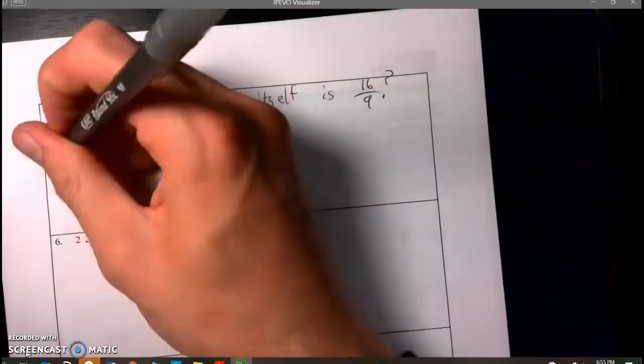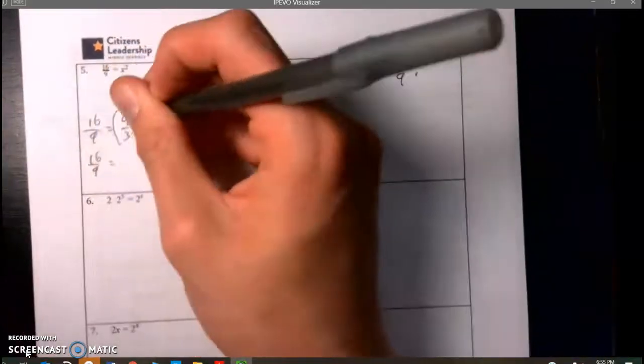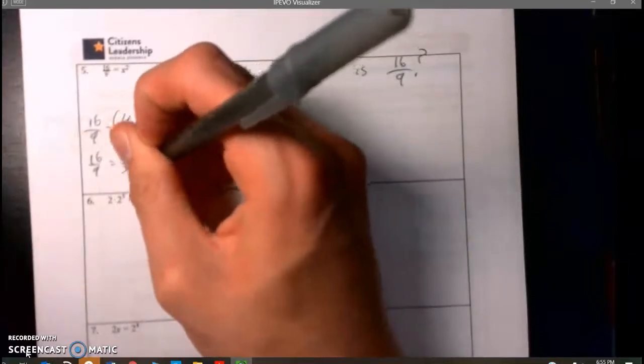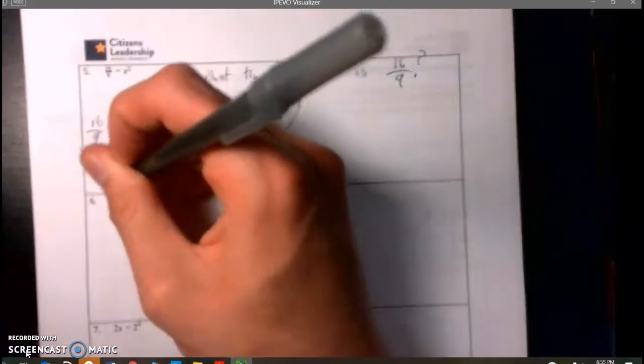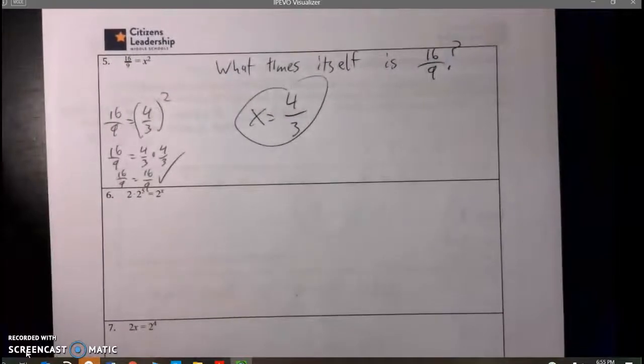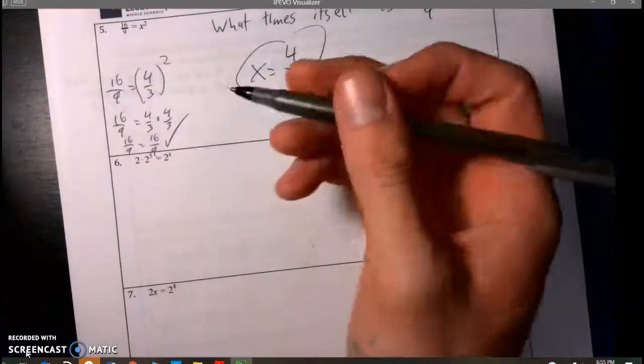And then if we wanted to check our work on that by substituting our value in, to rewrite that in expanded form, 4/3 times itself 2 times. Once again, we can see that if we did that, 4 times 4 is 16, 3 times 3 is 9. Just knowing that rule that when you multiply fractions, numerators multiply together, denominators multiply together. All right. So this one,